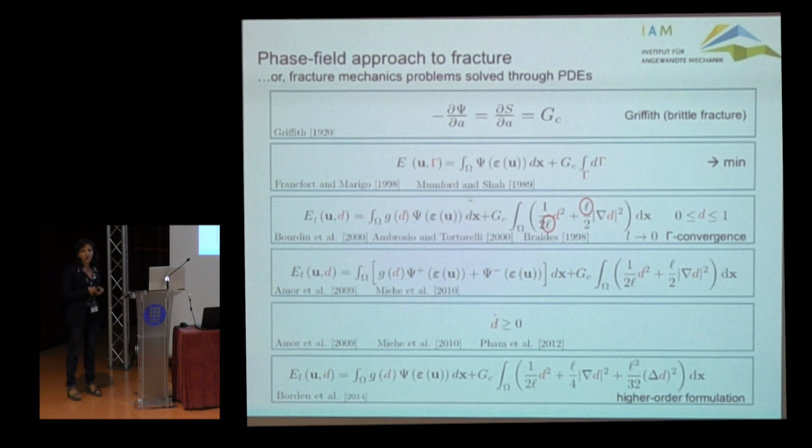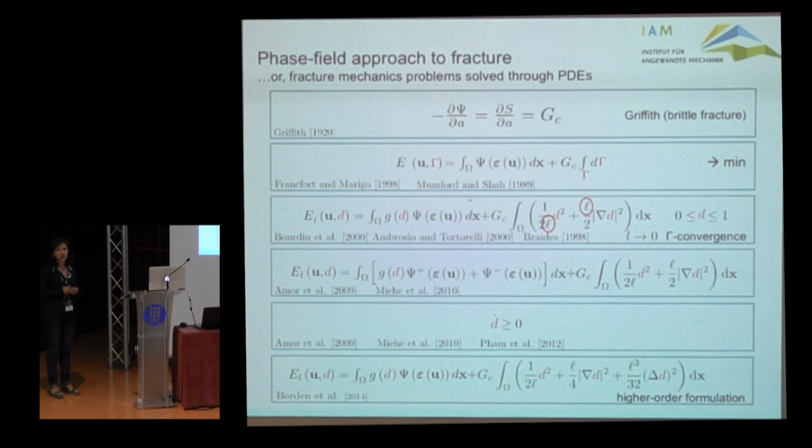But this problem is now very difficult to treat because gamma is itself an unknown. So from a numerical standpoint, it's an intractable problem. A major step forward came in the year 2000 when Bourdin, Francfort and Marigo introduced a regularization. Interestingly, this problem was very similar to a problem being tackled in image processing by Mumford and Shah. And an analogous regularization was then carried out using the so-called Ambrosio and Tortorelli regularization functional, which shows up here.